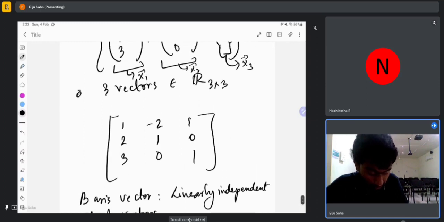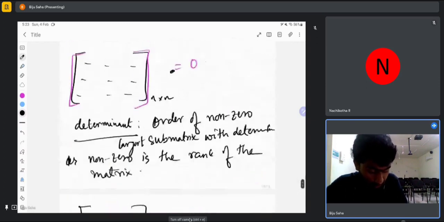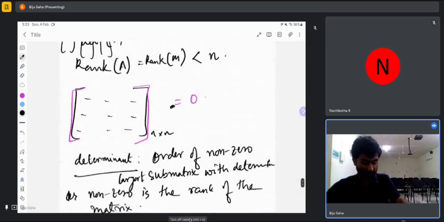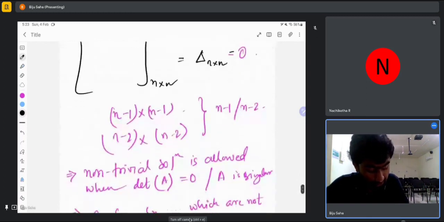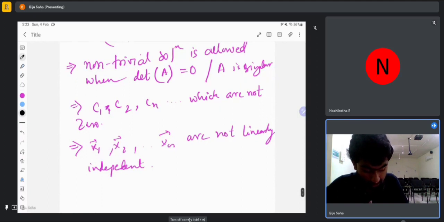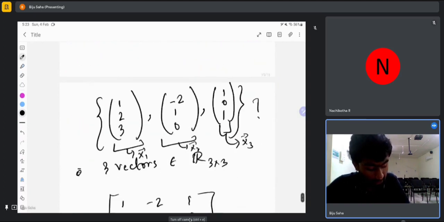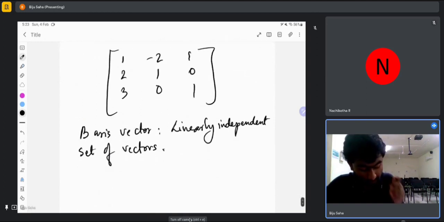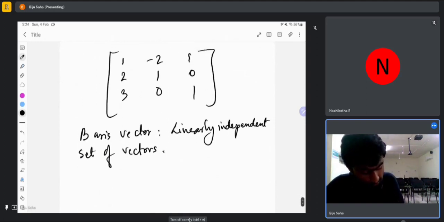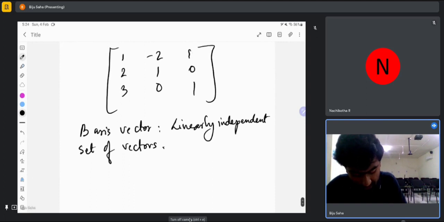From the previous problem, it is very clear that if the determinant of the matrix turns out to be 0, then it does not form a linearly independent set of vectors; it is a linearly dependent scenario. So let me find the determinant of this matrix. I will expand along this because there is a 0 present. So when I do it,